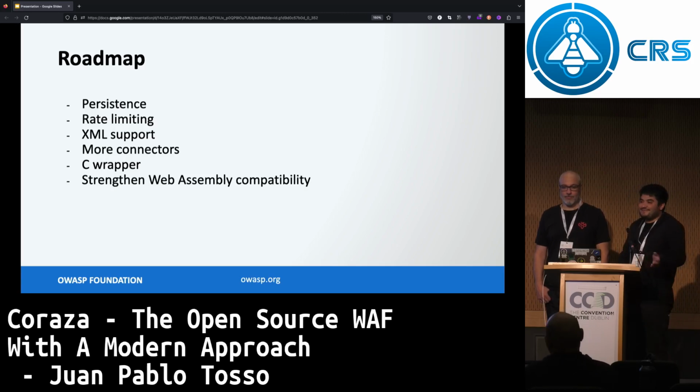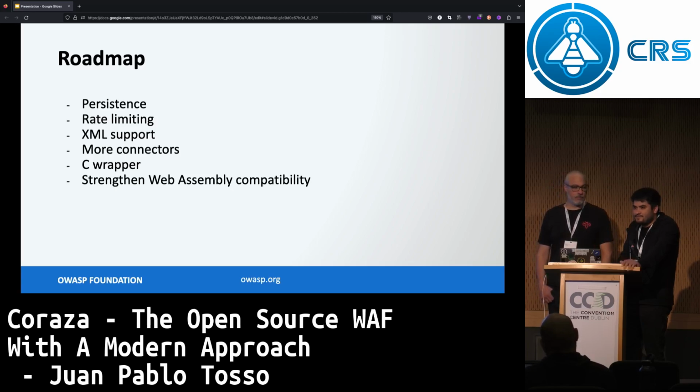Yeah, so it's a great concept. Persistent collection is a great concept, and it's a great feature. You could track a user along the transactions and keep a score. You could do DDoS validation. You could do a lot of stuff. But the real problem is that it's not properly implemented in ModSecurity. There are race conditions, and also it doesn't solve the problem of horizontal scalability.